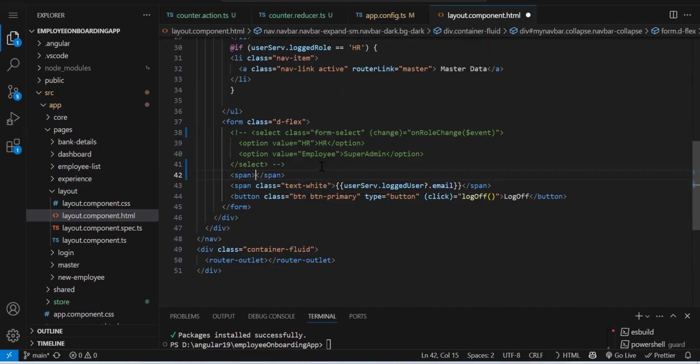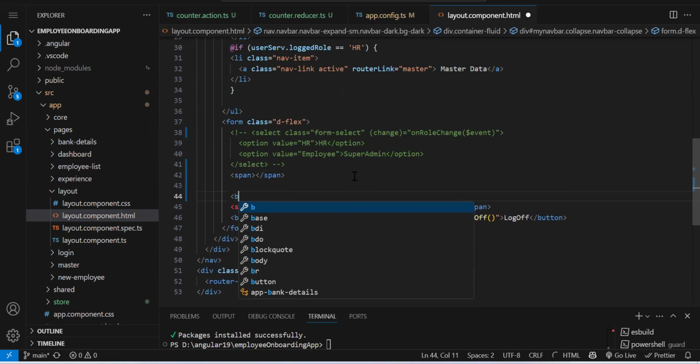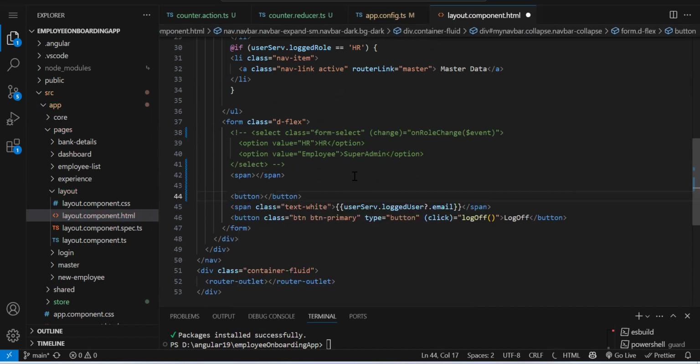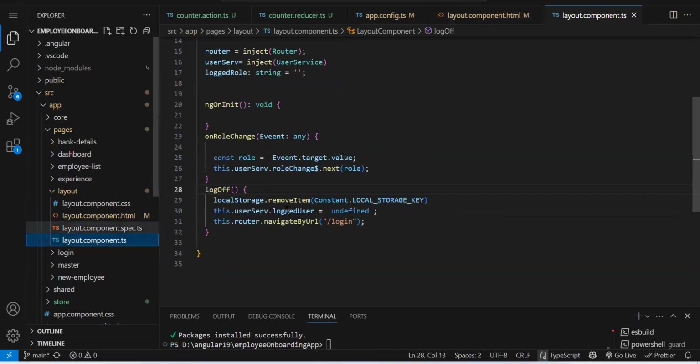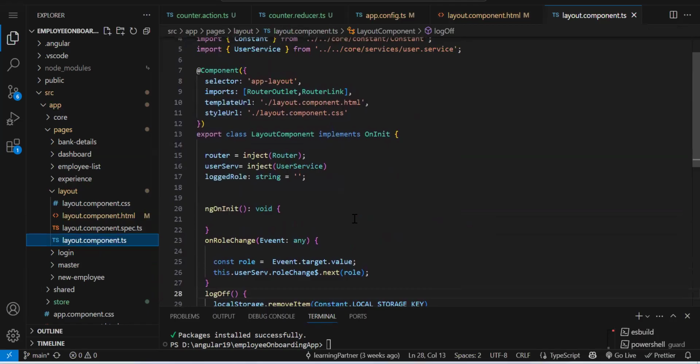First we will need two buttons, right? Here I am saying minus, and second button I am doing as plus. Okay. So in layout component, we have two buttons, plus and the minus. So on click of respective button, we just need to update the counter, and on click of minus, we need to reduce it. Okay. So now in our component.ts, first we need to integrate our store.